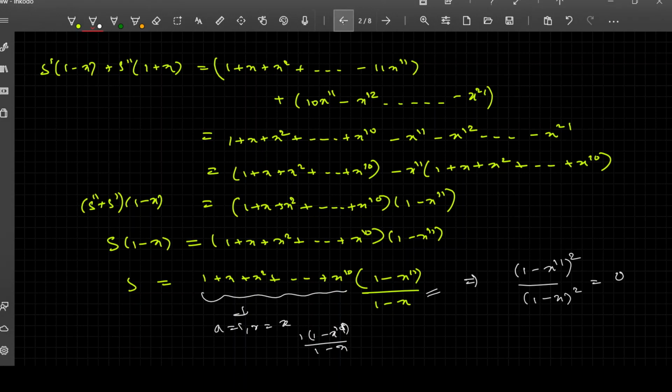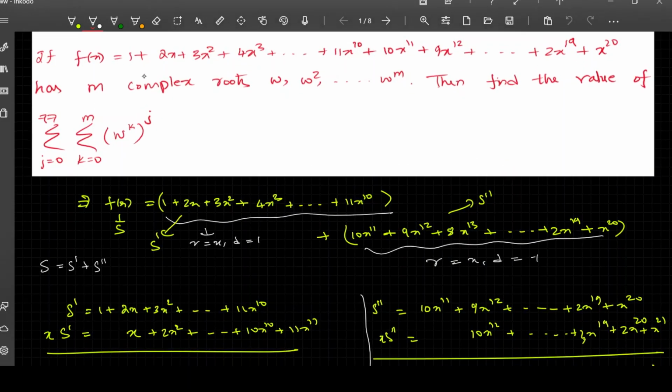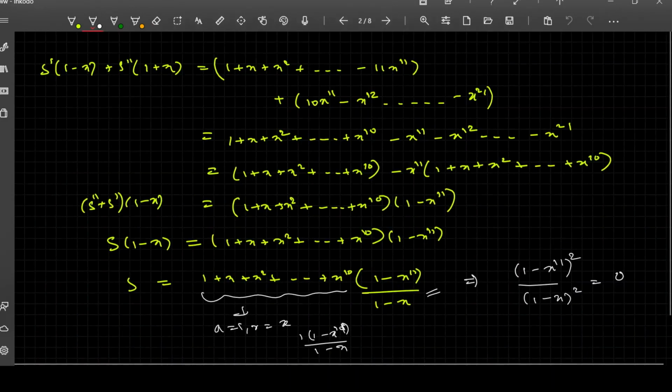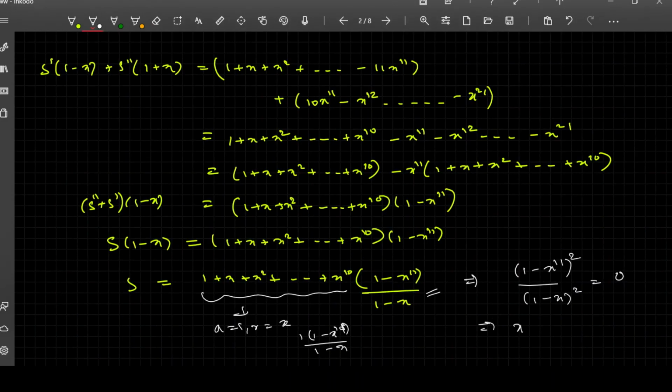So this is what I have asked, this is the equation. We need to find the roots, to be honest, because to find the sigma value at last we need to find the roots. So this seems to give us x^11 is equal to 1. So from here we can conclude that x^11 equal to 1 means that we are looking for the 11th roots of unity, and if 1 is a root, the other roots would be omega, omega square and so on up to omega^10. So from this we can conclude that m is equal to 10.